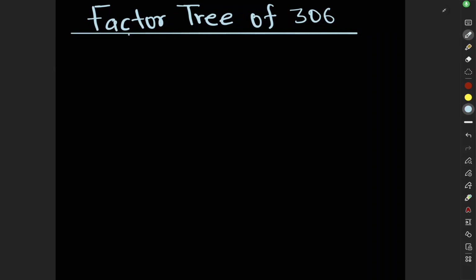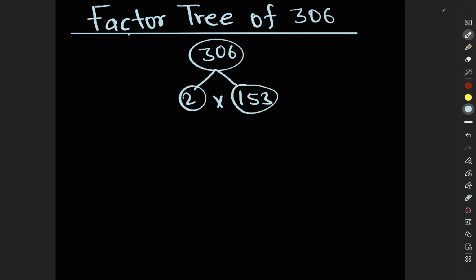Factor 3 of 306. So 306, it can be written as 2 times 153. So 2 times 153 is equal to 306. So 153, it can be written as 3 times 51. 3 times 51 means